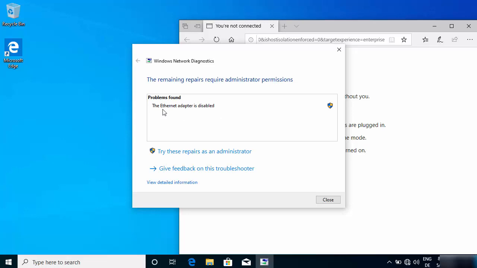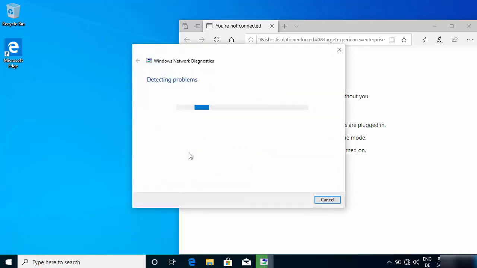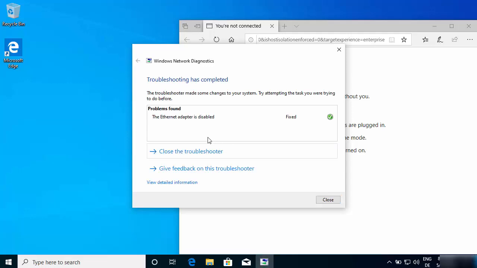You can see the problem in my case is the Ethernet adapter is disabled. To fix this problem you just need to click on try these repairs as administrator. Just click on this option, and then it's going to solve this problem for you, and after some time this problem will be resolved by itself.